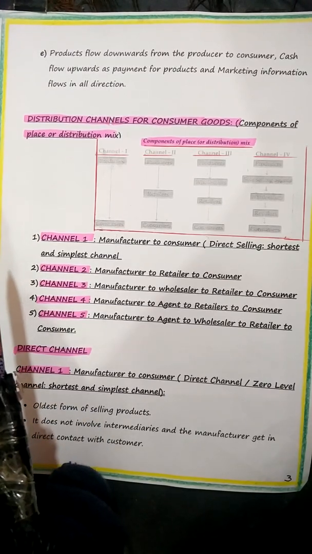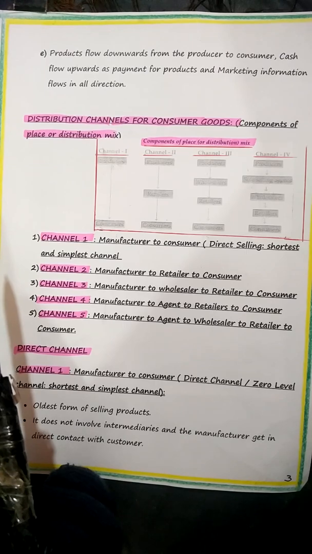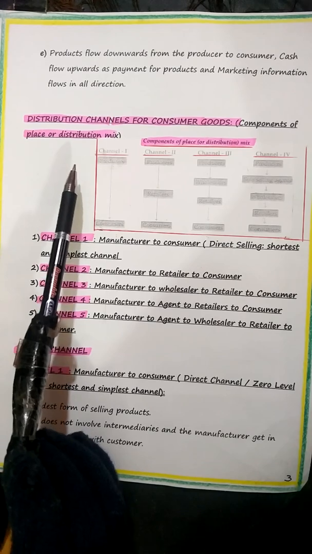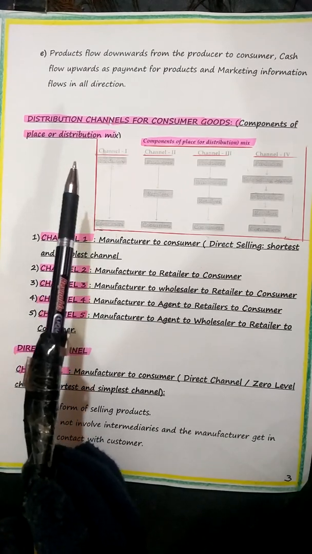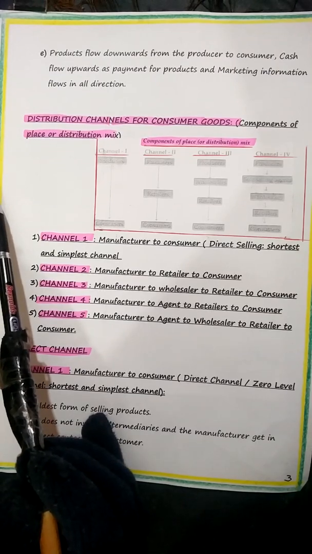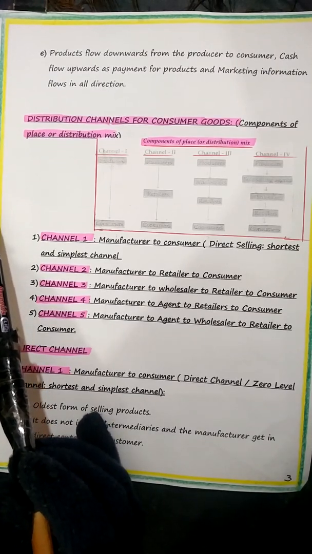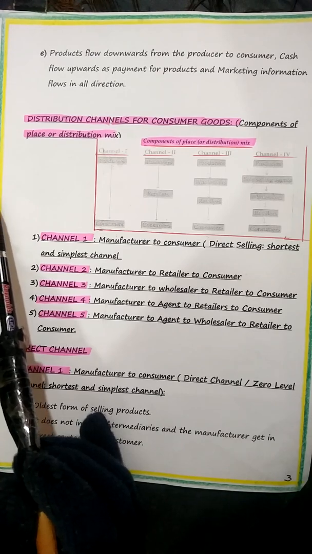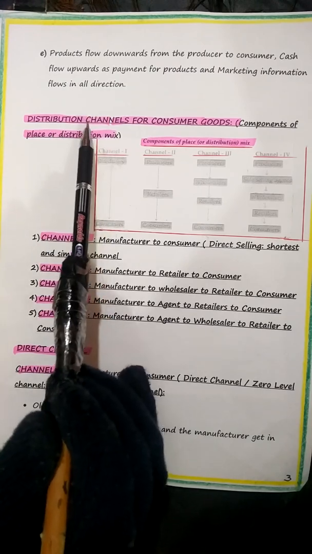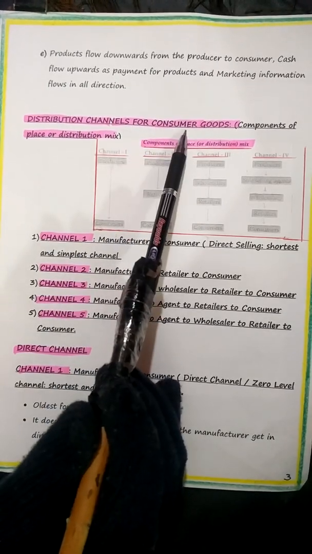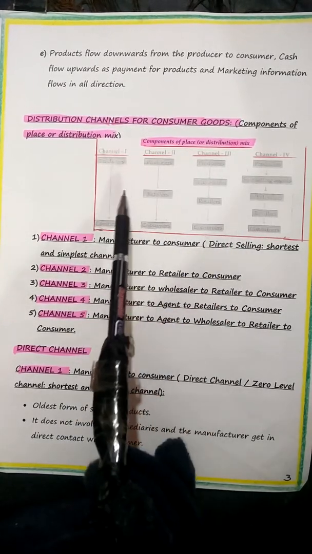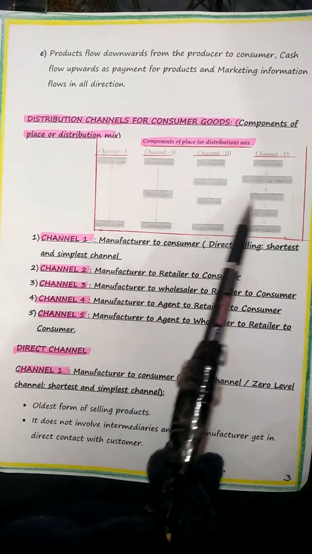Reasons for the choice of distribution channel, trade channel. Great care should be taken in selecting the channel of distribution. Now we'll move on to the distribution channels for consumer goods, not for industrial goods, children. You will not get a question on industrial goods. You'll get a question on consumer goods, components of place mix and distribution mix. So there'll be a major question on distribution channels for consumer goods. So the four aims, children. First, before I go to this, there is a small chart given in your text as well. I just put it in vertical form.